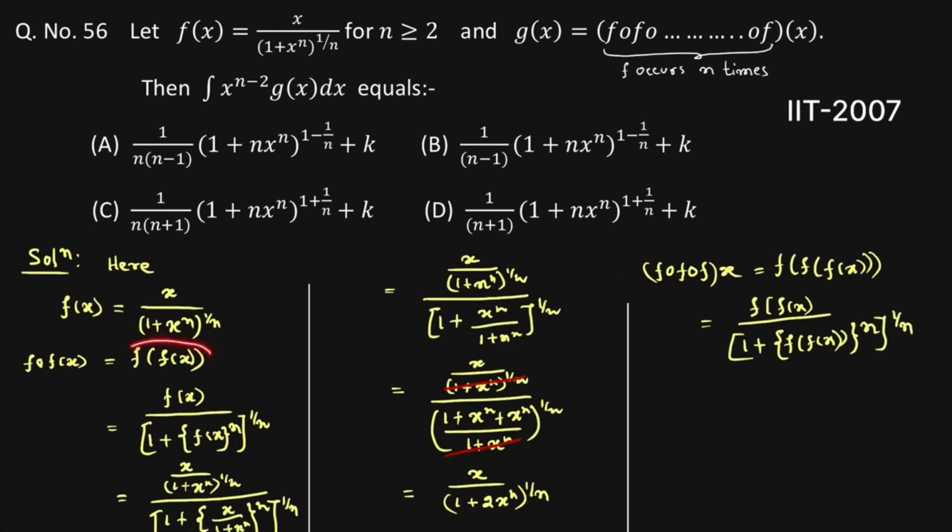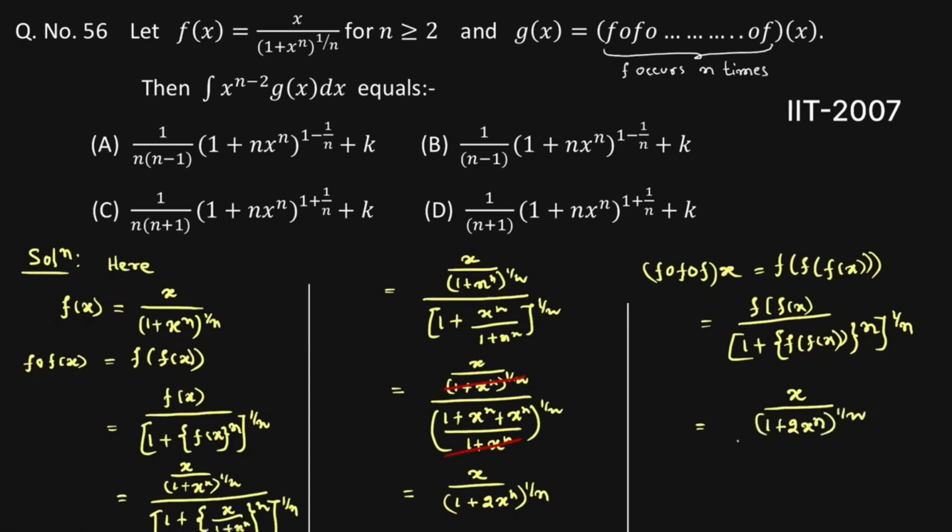So we know that f of x, which is equal to this, and this value we put it here as well as here, then which is equal to x divided by (1 plus 2x to power n) to power 1 by n divided by 1 plus